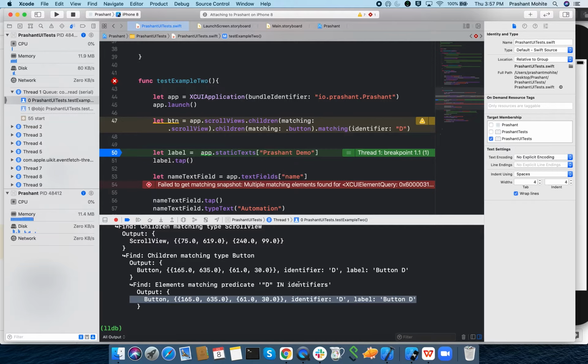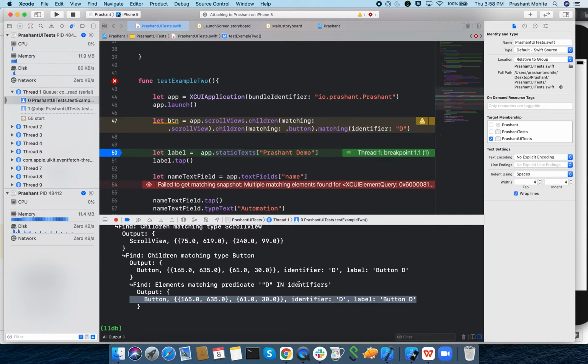Whenever you are writing any XCUIElement query, you should keep in mind that your query should always return the proper, unique element which you want. If there are two text boxes, as we have already seen, and we write the first match, but we want to enter the data in the second text field, then your test data may be entered into the wrong field, or your test script will interact with the wrong element.